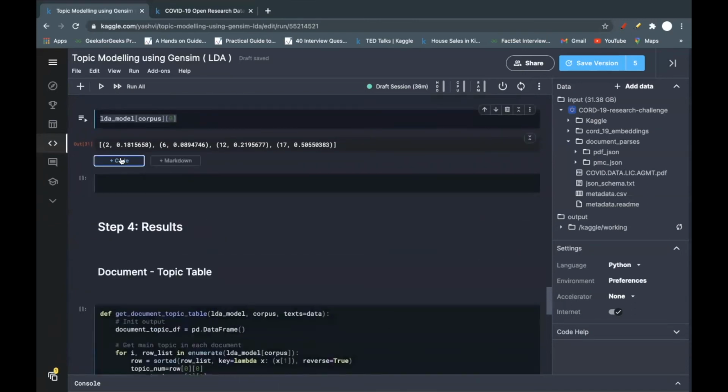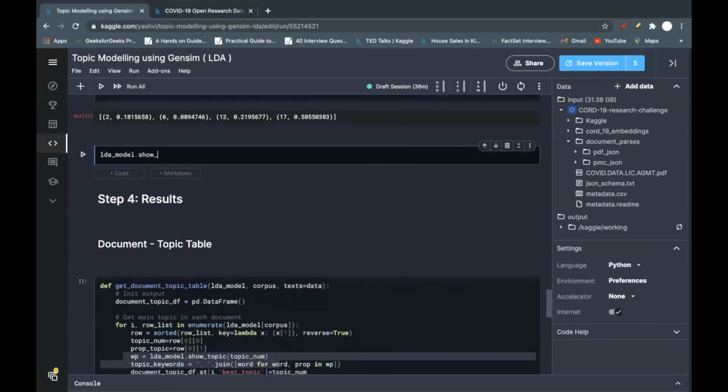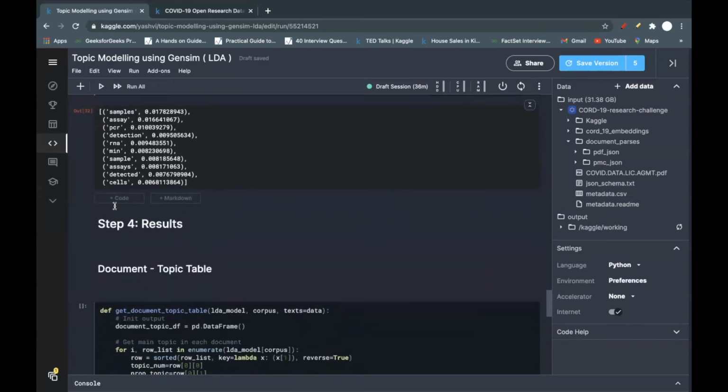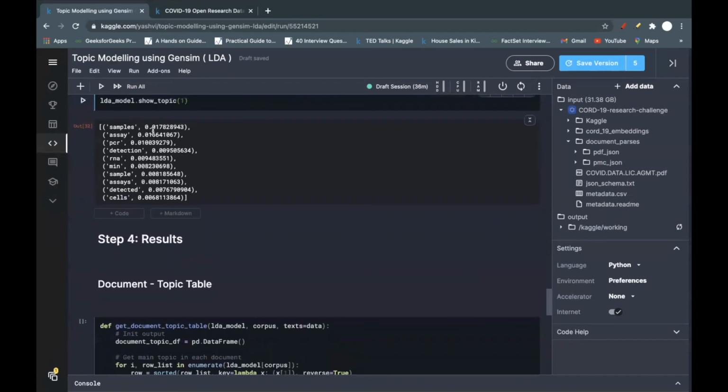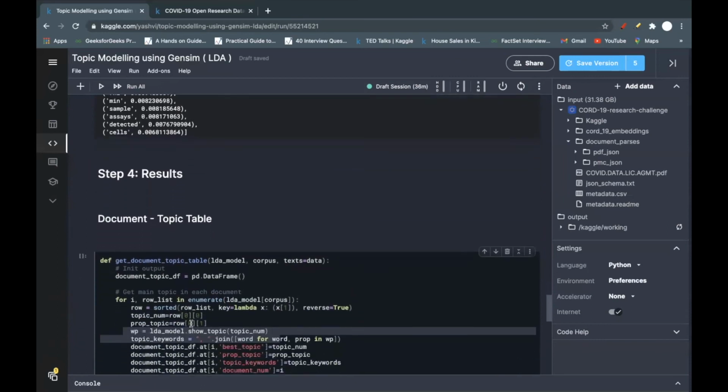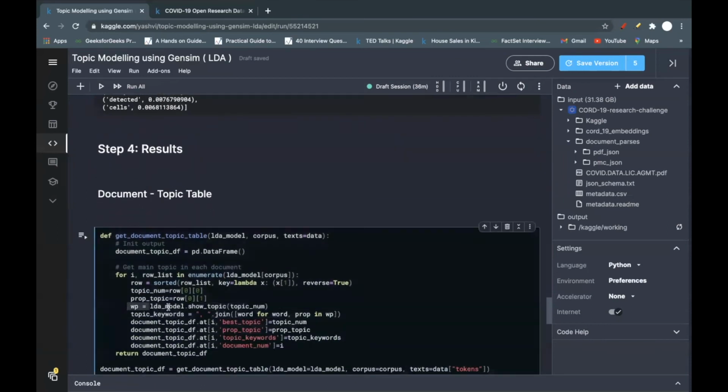Let's say I call the LDA model's show topic for the first topic. It will give me a set of words and their proportions. So I am taking topic keywords from this along with their proportions. From here I've already taken out the best topic.